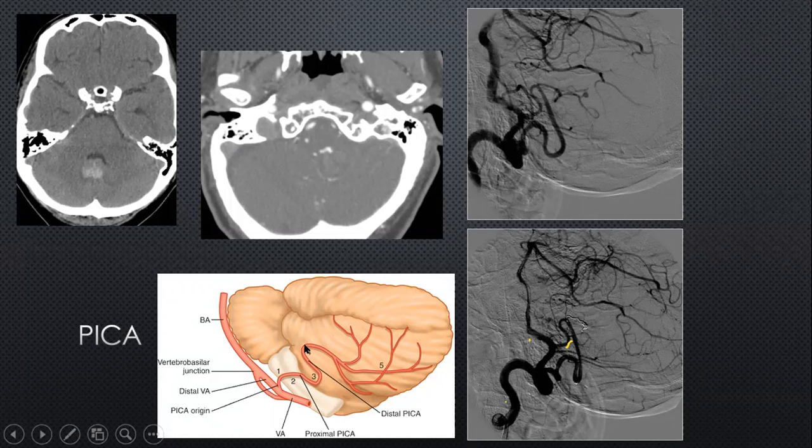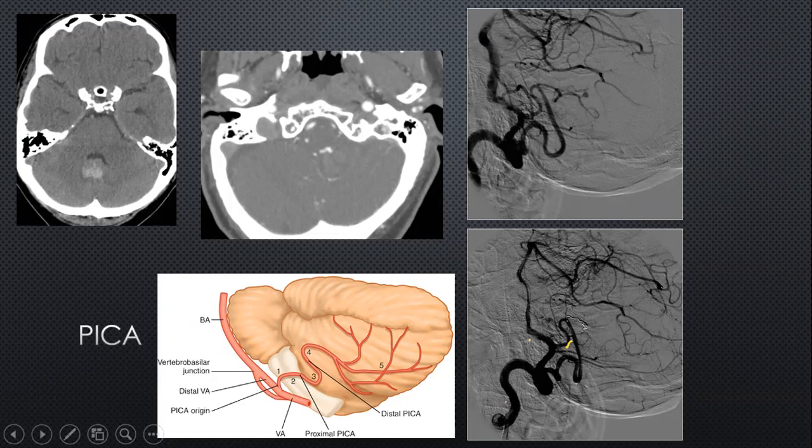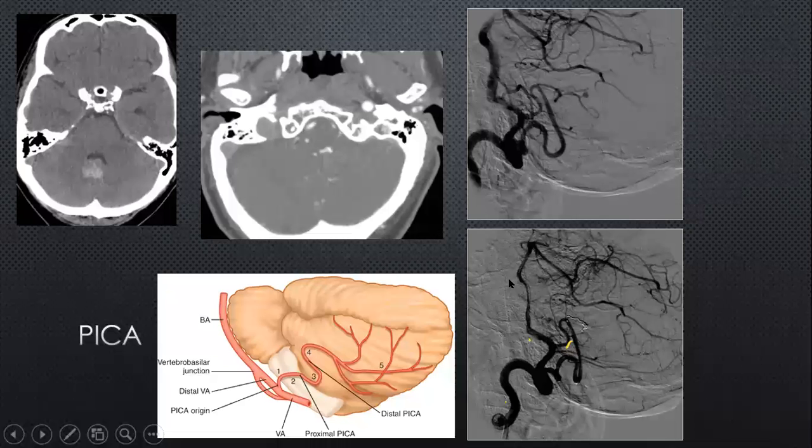But this is where you have to realize this aneurysm is much more distal. If it's much more distal, for example over here, as you can see, it's much more beyond the tonsillar loop, and hence the vital centers within the medulla are going to be spared, even though they are likely to get some degree of infarction of the cerebellum. So this is sacrifice of the small artery over here, but with preservation of the more proximal tonsillar loop of the PICA.